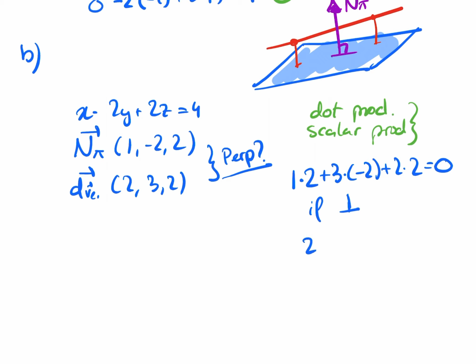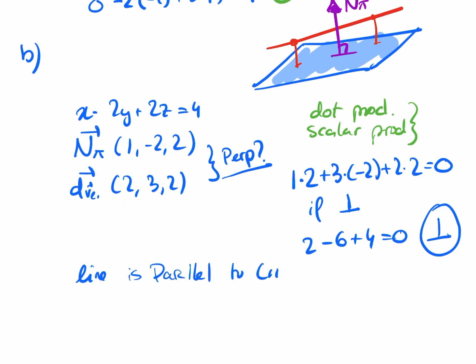And that means 2 minus 6 plus 4 is equal to 0. Therefore, they are perpendicular. So the normal vector of the plane is perpendicular to the direction vector of the line, and therefore the line is parallel